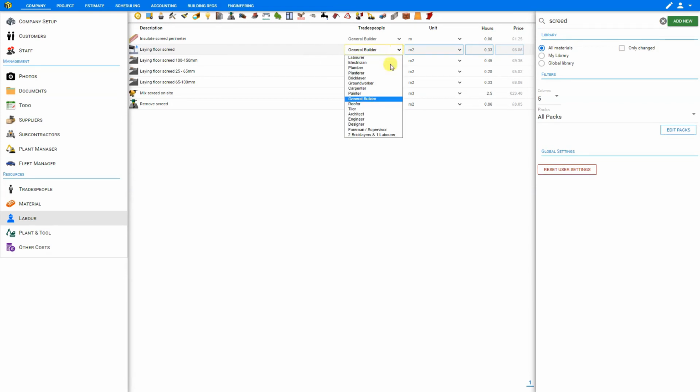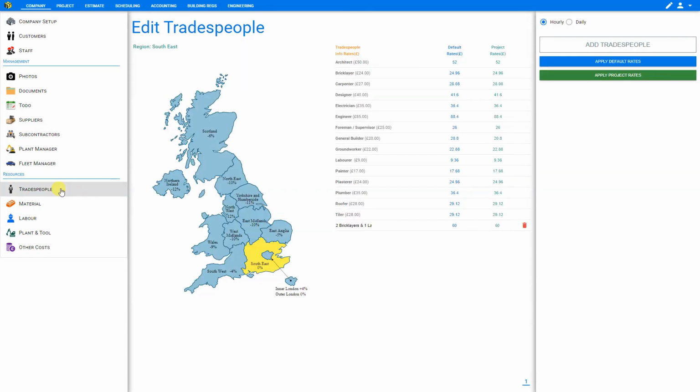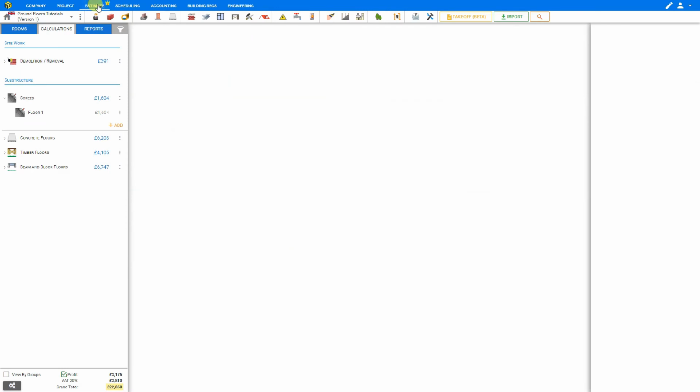We could select from the drop-down to assign this to a different specialist. And here we can adjust the hours required per square meter. If we'd like to see the labor rate, we can change this to the hour, and the general builder is being paid £20 an hour. If we need to change that, we can click on Tradespeople here within the Resources menu, and under General Builder, we can change their labor rates here, either the default rate for all projects, or just the project rate for this specific project. When we're done, we can go back to our Estimates tab here within the navigation pane,